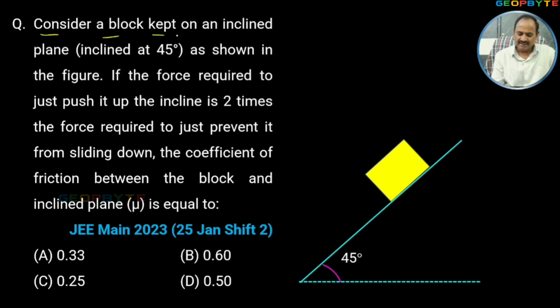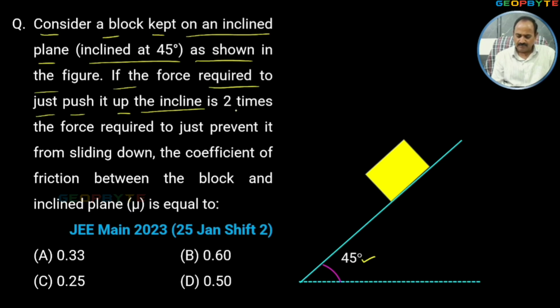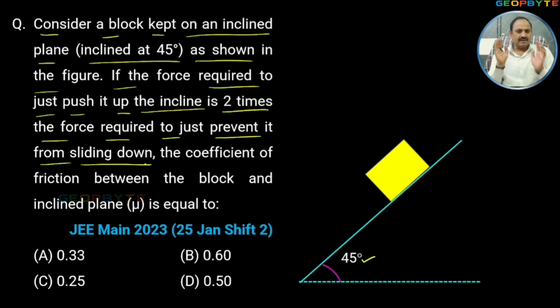Consider a block kept on an inclined plane. The plane angle with respect to the base is 45 degrees, as shown in the figure. If the force required to just push it up the inclined plane is 2 times the force required to just prevent it from sliding down, the relation between the forces is given. If I say F2 be the force required for pushing up the block